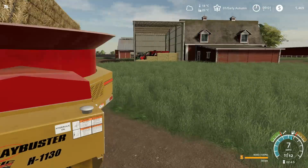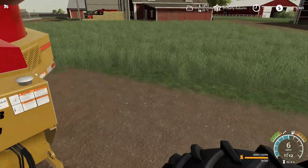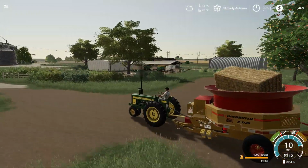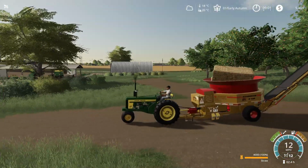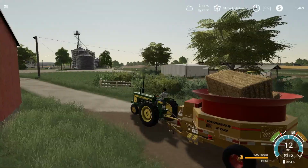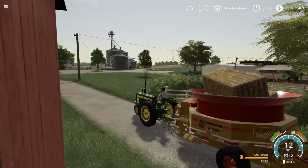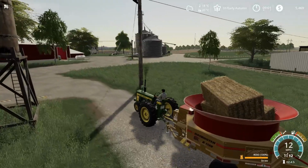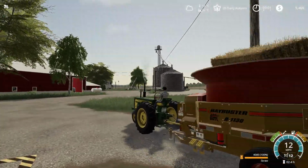I am just working away with our hay buster here, doing the old John Deere. Oh man, I'm having a blast with this thing, guys. Look at this. I think it's so cool. Yeah, we're having a lot of fun with this tractor. It's a little on the slow side, of course. 12 miles an hour is our max speed, but